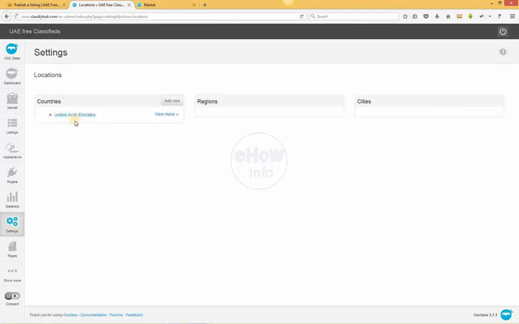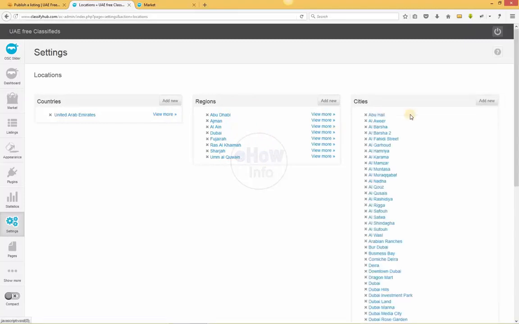So my country in location is that. It can also be United States and Canada and UK and Pakistan and India, the rest of the countries you can add. Okay, so if you click on this, it will show you Abu Dhabi and some others, and if you click on Dubai, it will give you more details.